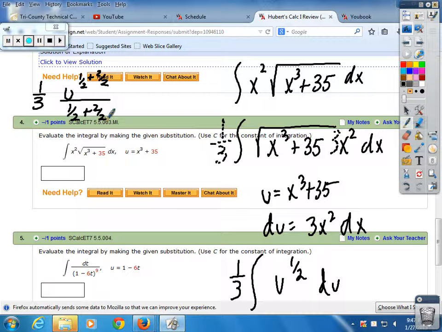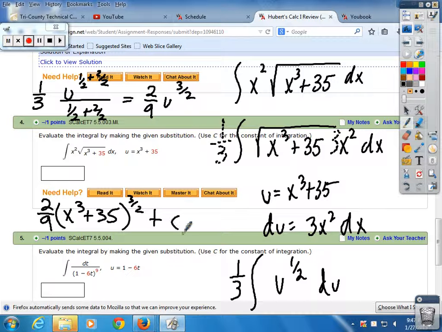And 1/2 plus 2/2 is what? 3/2. 2/3 times 1/3 will be 2/9. 2/9 u to the 3 halves. And what's our u? x cubed plus 35 to the 3 halves plus